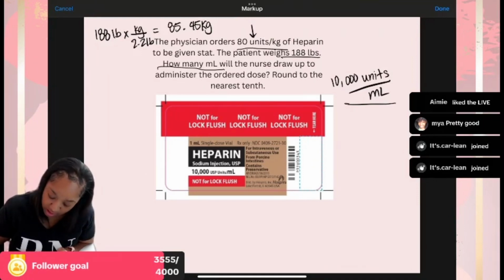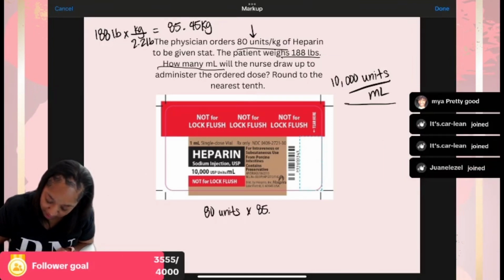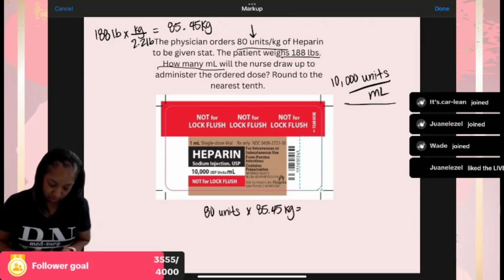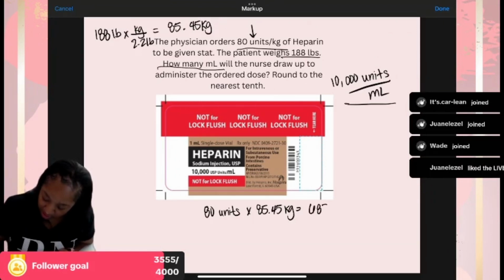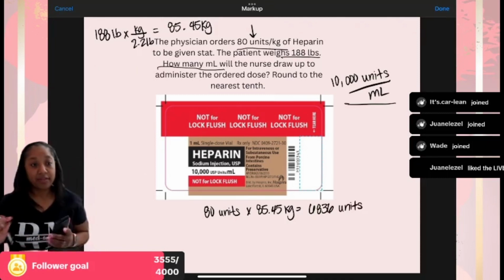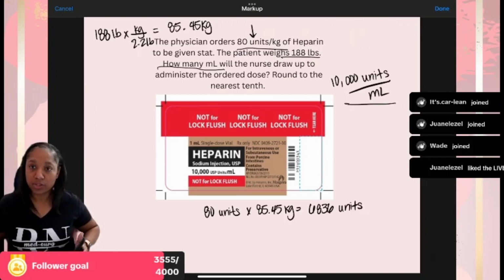So the order, 80 units times 85.45 kilograms. So 85.45 times 80 equals 6,836 units, okay? Now that we know how many units we are trying to give to the patient,